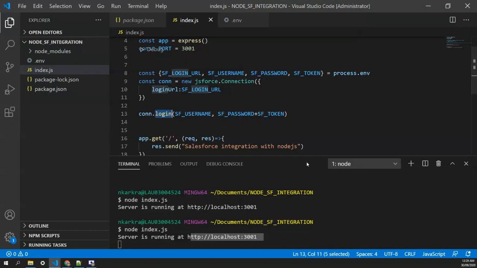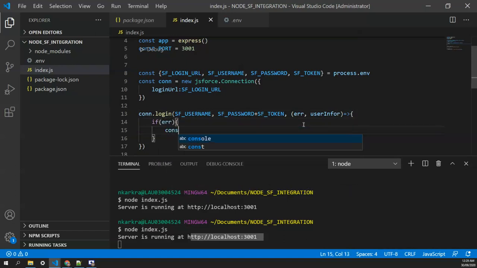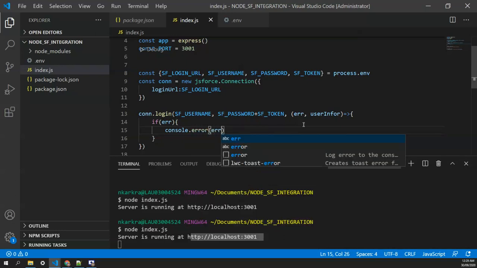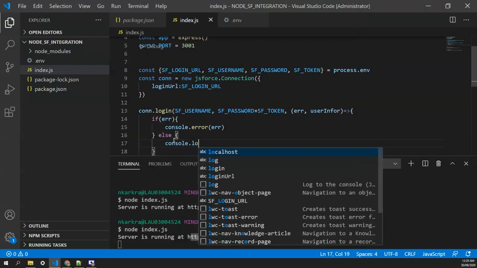Once the login is done, it will come back with the response in the callback, that is the second parameter, and it will bring either the error or the user info. So we'll say if error comes, just console.error that error, and else console.log.